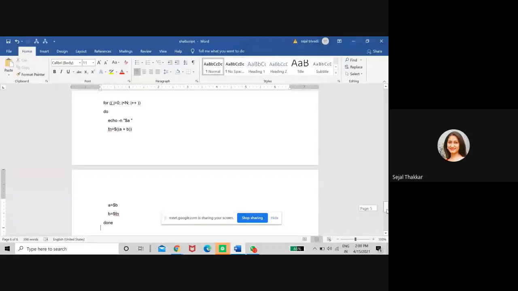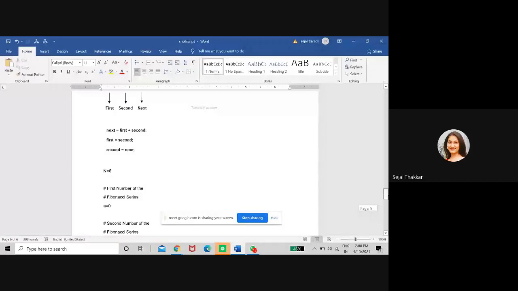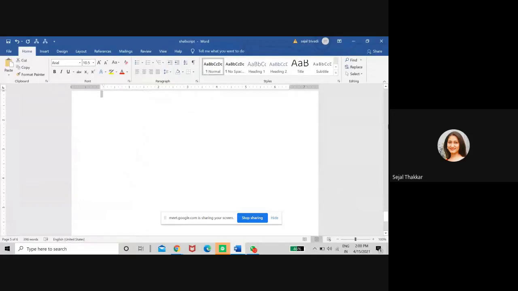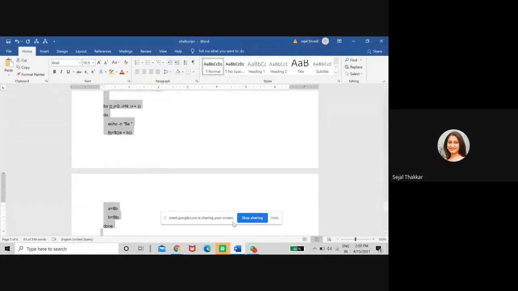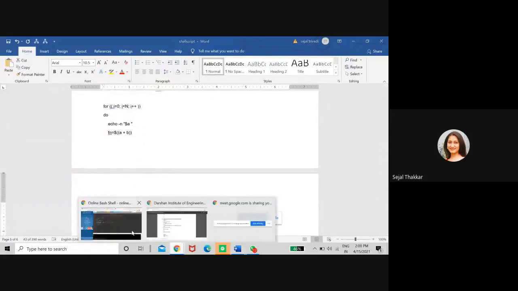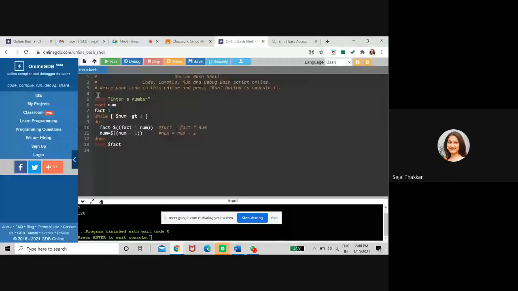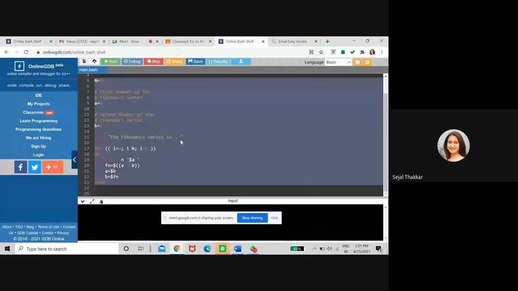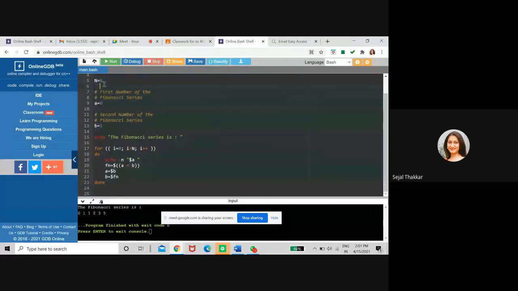There are various ways through which you can write the shell script. The logic will remain the same, only the syntax is going to change. By default, I have given 6 here, so it has taken the Fibonacci series of 6 numbers. 0 and 1 are the default numbers.